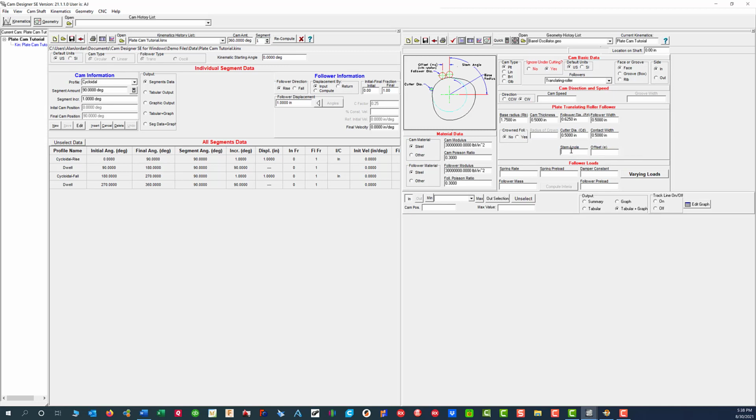Now the stem angle is the angle based on the x-axis being the horizontal axis pointing to the right. And that stem angle is going to be 90 degrees. For the offset, right now we're just going to say it's a radial follower, so it's going to be 0 offset. And right now we're going to leave the follower loads as they are, and we'll just hit the